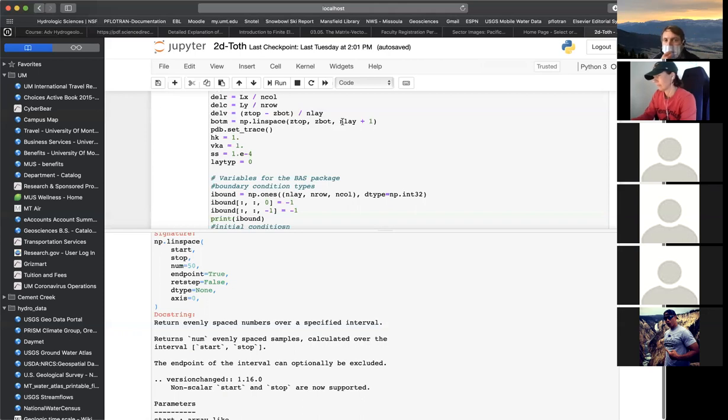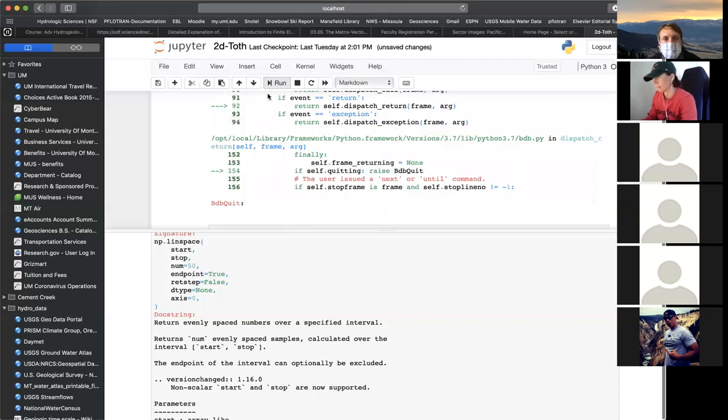So that's why there's 11 of them. All this does is return this array from z top to z bottom by the number of layers. And if I run this again,